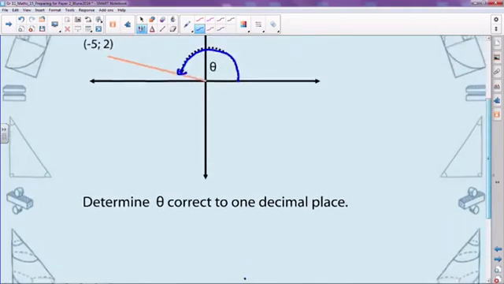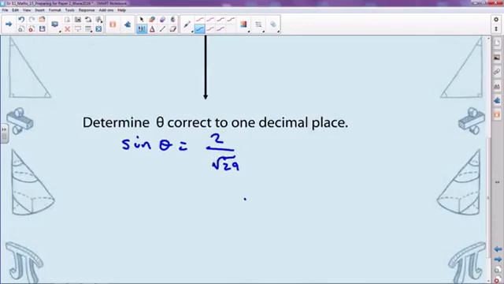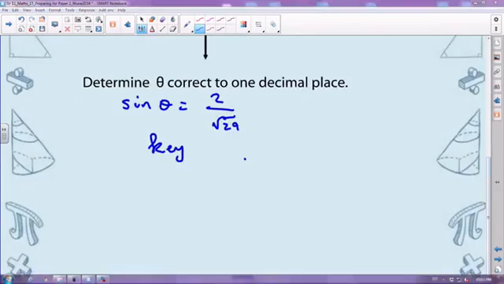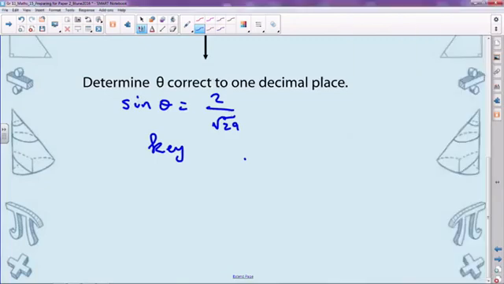Right now, let's look. You can use any trig ratio that you've worked on. You've done the tan, that is 2 over negative 5, and then your sine theta was 2 over square root 29. Okay, so now to work out your key angle, or your reference angle, remember, we're saying shift that second function sine of 2 divided by square root 29. That's 21.80. Okay, 21.80